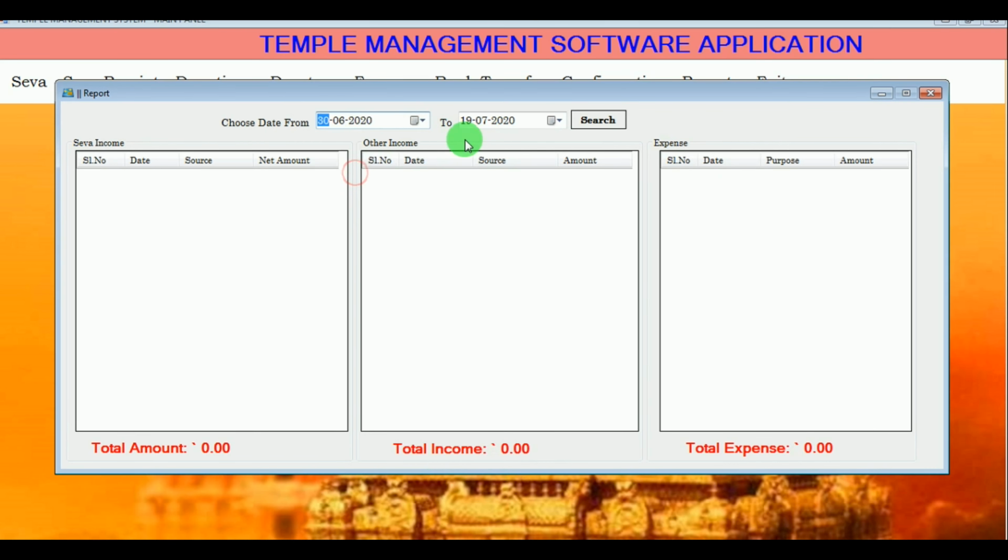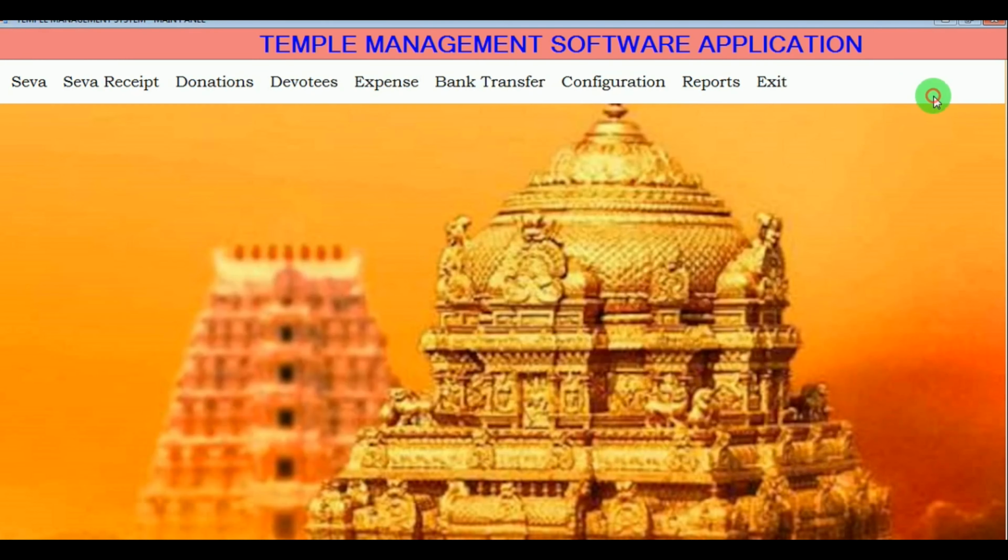So here let's see the income and expense from the date 3/6/2020 to 19/7/2020. We can see that the income is 1000 and expense is 400. This is all about the